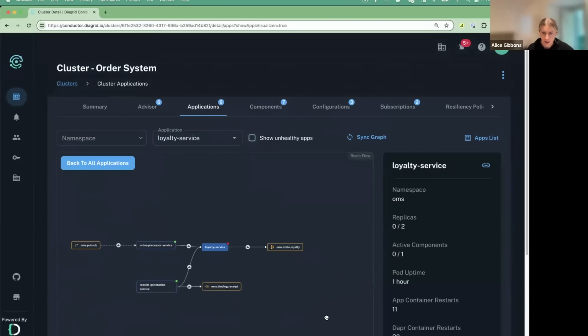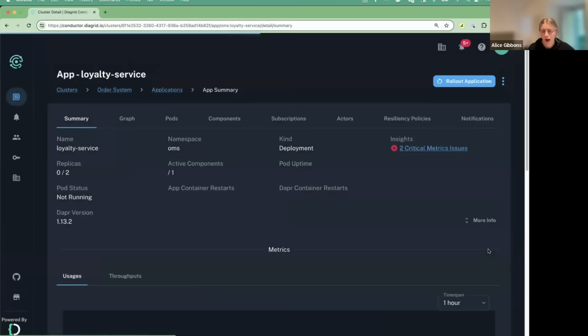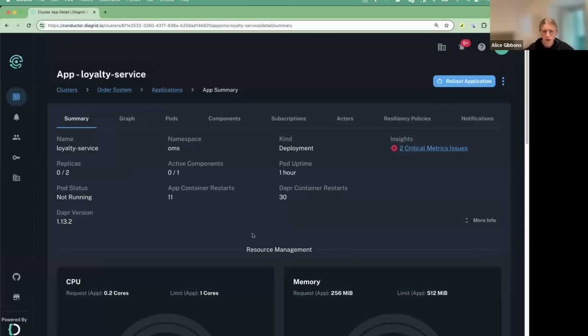In this case, it's called the loyalty service. It is a service in our order system that is in charge of keeping track of loyalty points. I can also view that in an applications view. So, jumping into a specific application within Dapr, I get a number of the attributes that I care about from